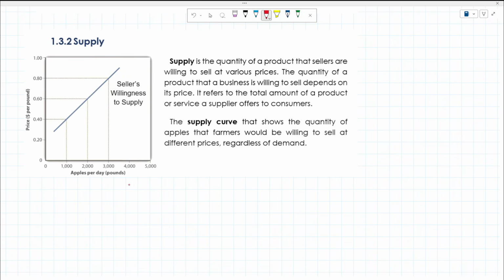The x-axis here shows the supply that the sellers are willing to sell, while the y-axis represents the price. So if you can see, I will sell you 3,500 apples if you buy them for 90 centavos. That's what this means. If you only buy 500, I would accept a pricing of 30 centavos.